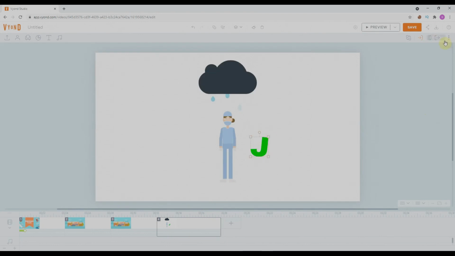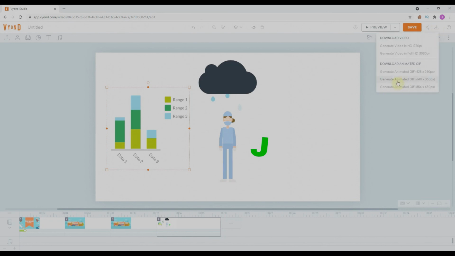In the same way we can add the exit effect, which I will not cover in detail, as the video is already too long. I'll just go for chart and place this chart over here. So we have a little infographic within the software. Once everything is ready, we can download it as a GIF or as an HTML file. If we want to use it for our presentation or website, we'll go for GIF, and if we want to use it for our videos, we'll go for 720 video.